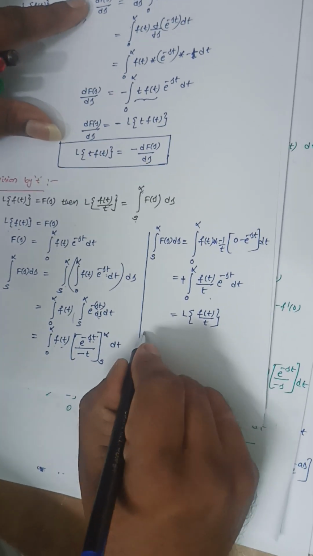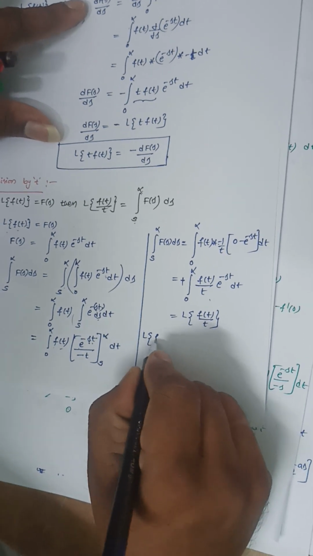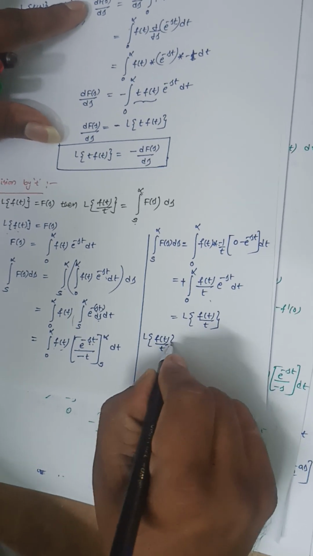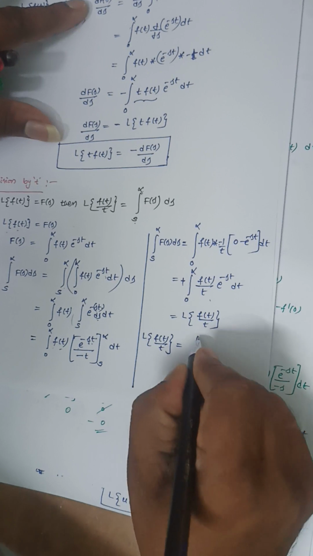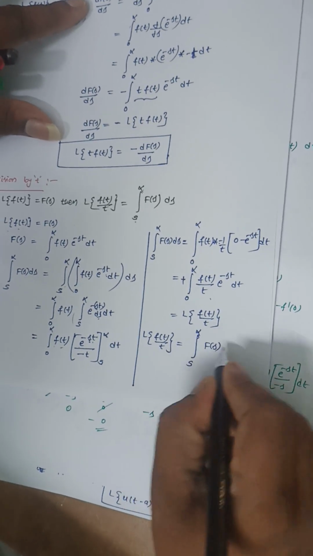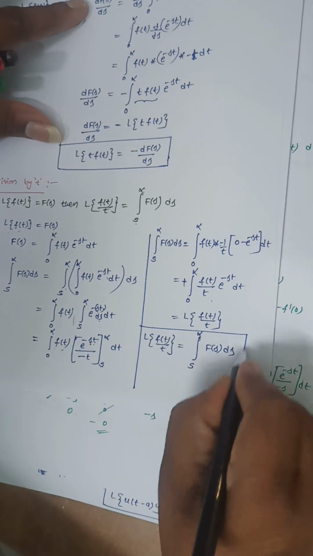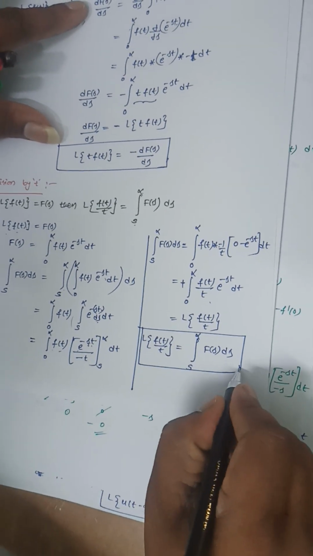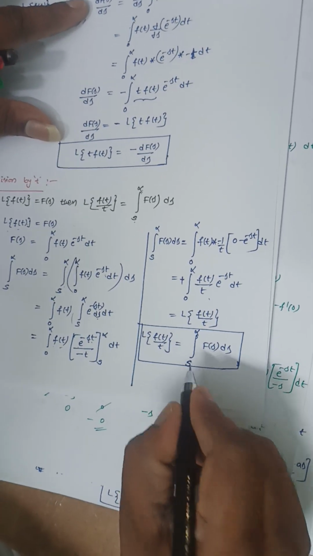So the Laplace transform for f of t by t I can find by integrating this f of s with the limits s to infinity. So this is the property of division by t. Next, the seventh property here is